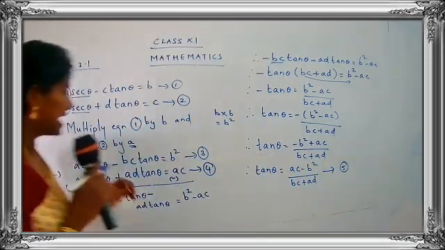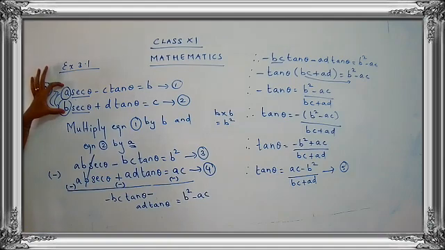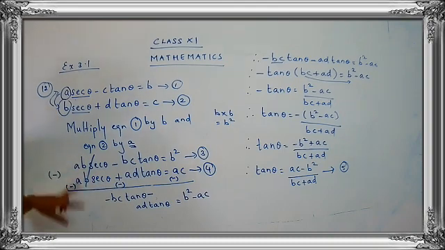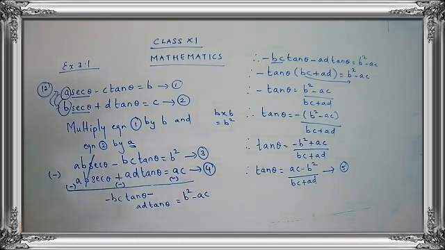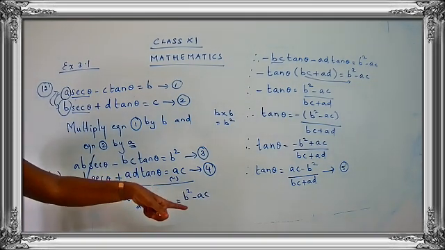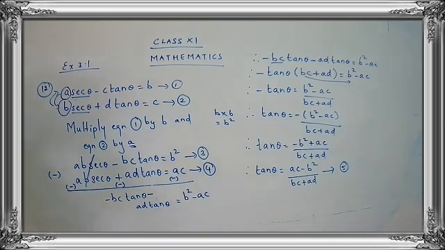Yes. So we started with the first and the second equation. We have just multiplied the first equation by B, the second equation by A. Then what we have done here, we have eliminated the terms and we have found the value for tan theta. What is the value for tan theta, children? It's AC minus B square upon BC plus AD. I hope you are clear with this step. Okay, just complete the step, children. Write down neatly. Do not miss any steps.